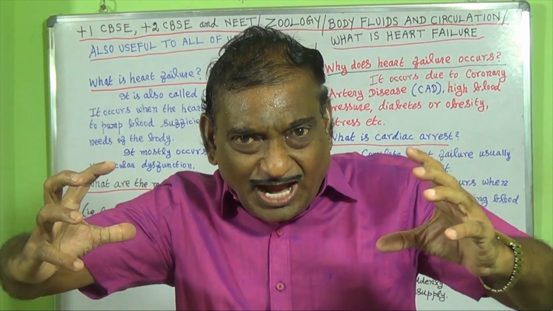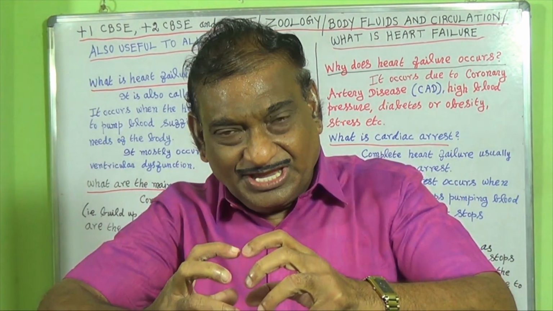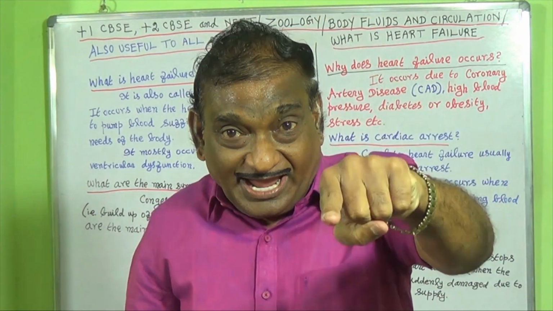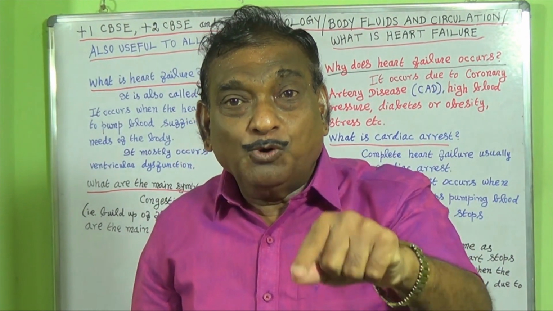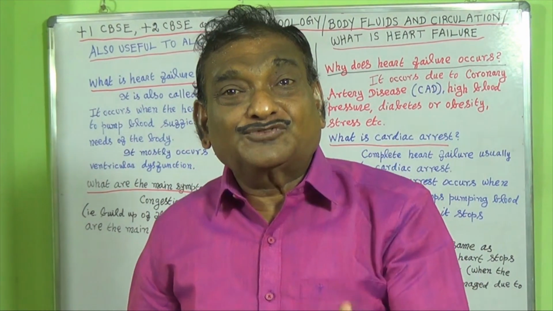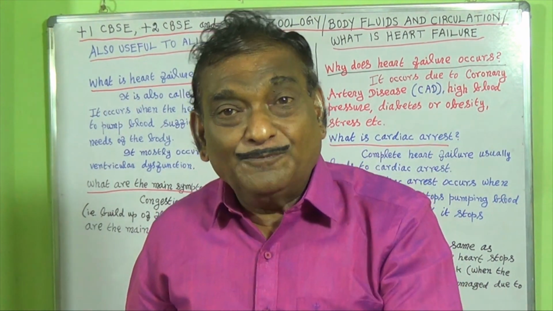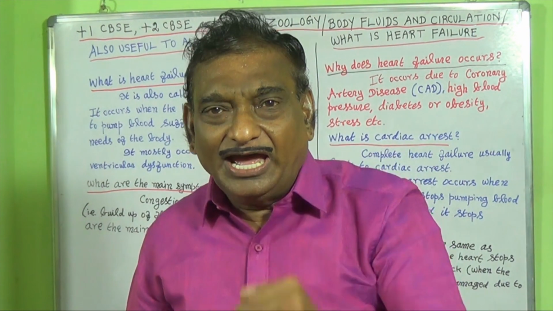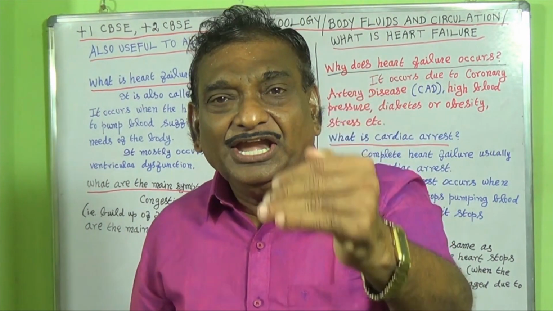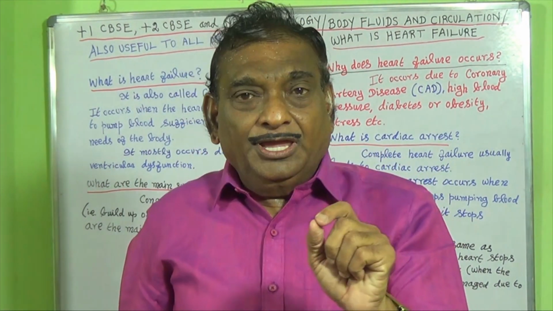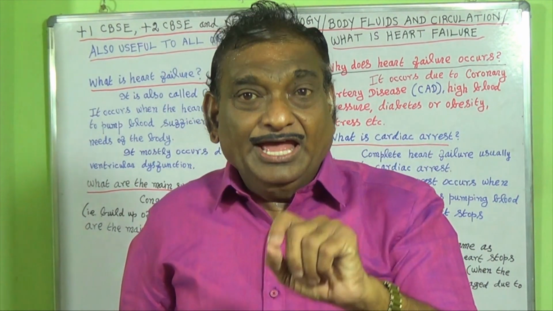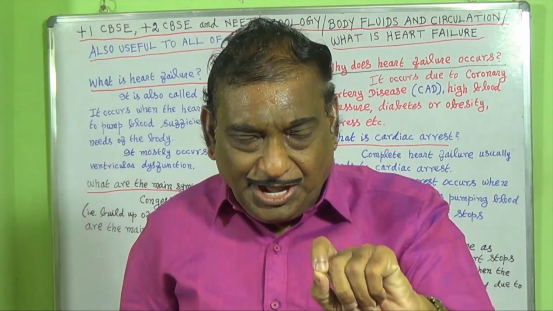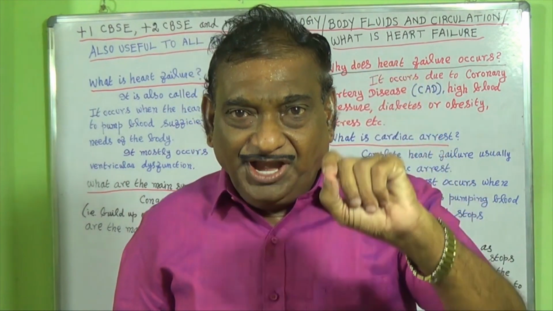Then the left atrium contracts. When the left atrium contracts, the blood pours into the left ventricle. The left ventricle is also placed below the left atrium and nearer to the left atrium. In all these three cases, that is in the case of right atrium, in the case of right ventricle,